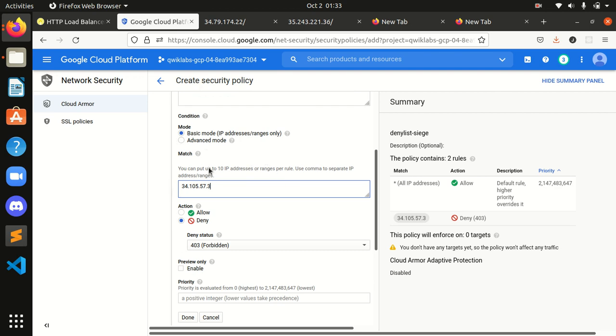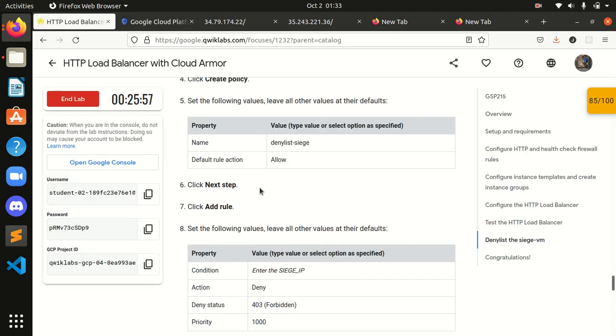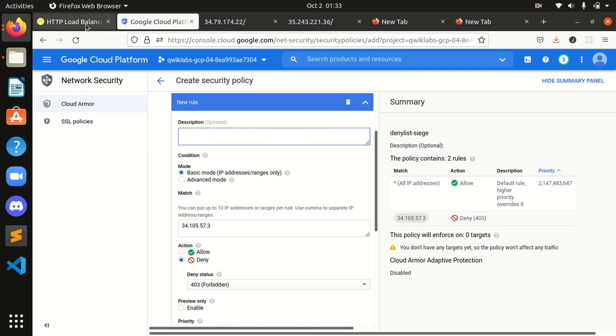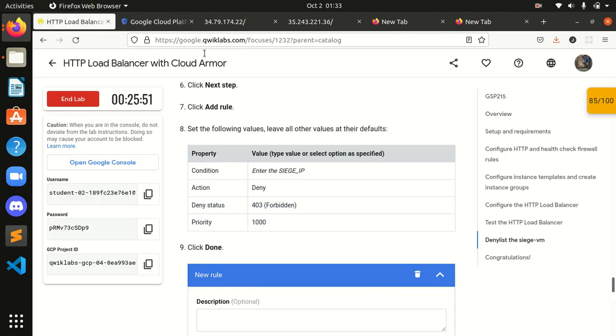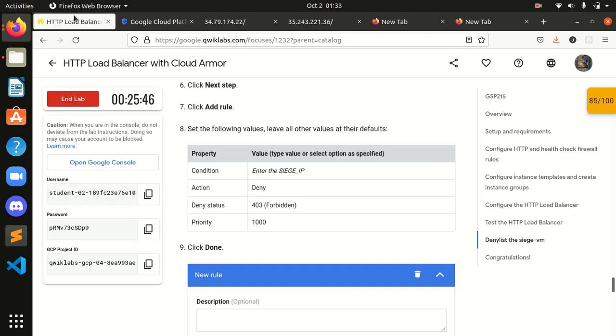I put this in the condition part over here. Okay, wait guys, this description is separate, right, and this condition is separate. Yes, action is deny. Okay, it's already denied. And 403, priority is 1000. Priority is 1000 and we are set with this, guys.